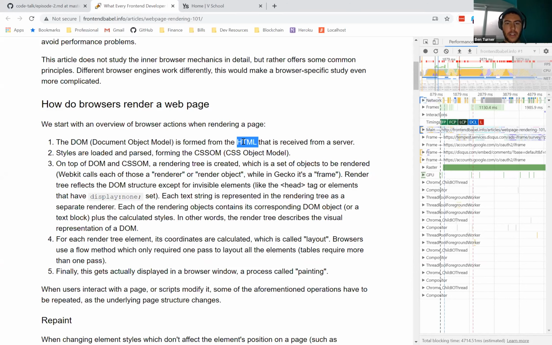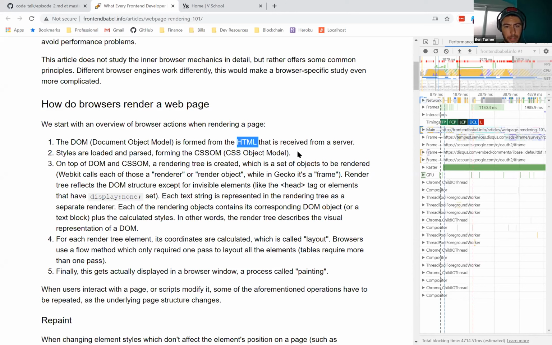And the HTML is then parsed. All that means is that you go from a text file to what's called the document object model, the DOM tree. Basic parsing is just a process for translating a string input or a file input into a structure that the browser can understand.